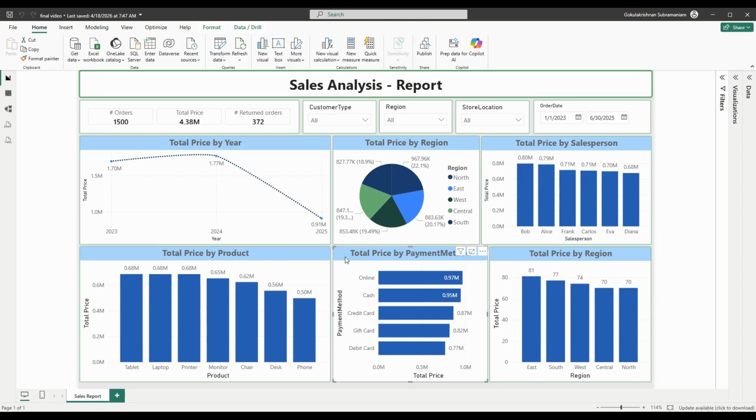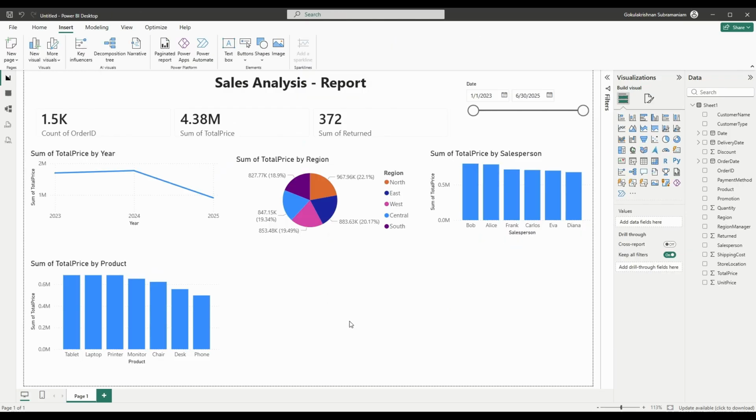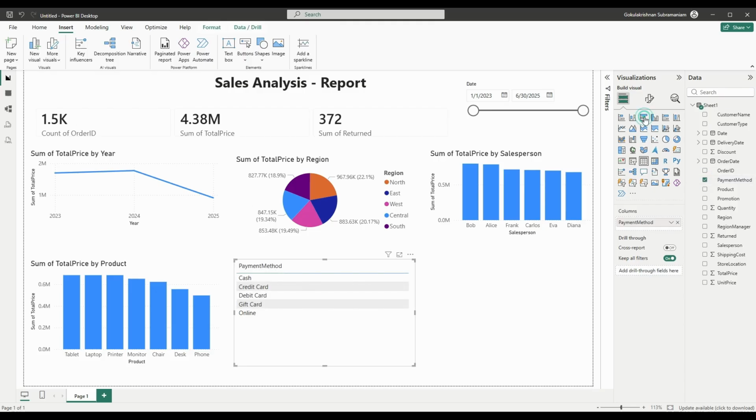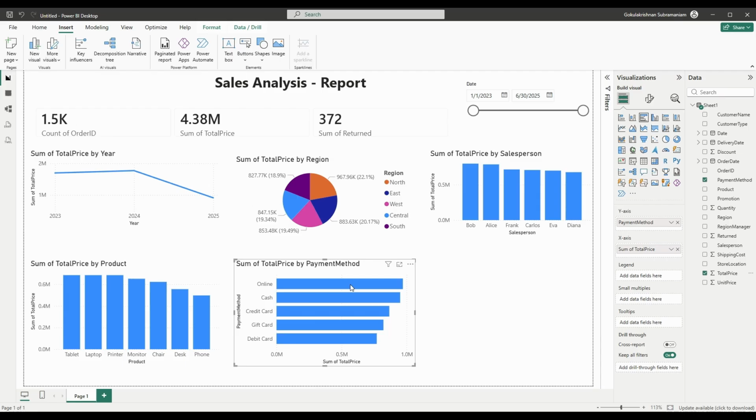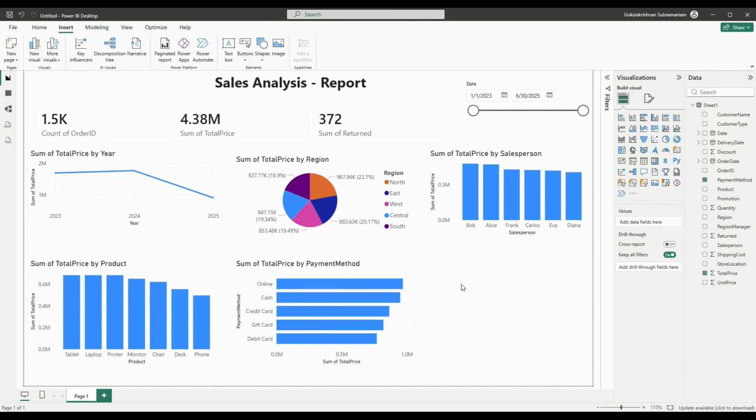Then the fifth will be my payment method. So which payment method is the customer choosing, which is the optimal method? So I'm going to get it over here. Out of which, online transaction got almost 9,71,115.15 amount of sales. With the debit card it is 770,420.66. The last will be